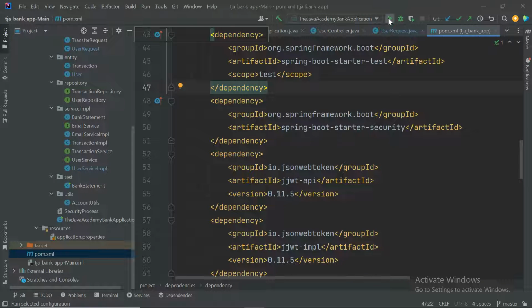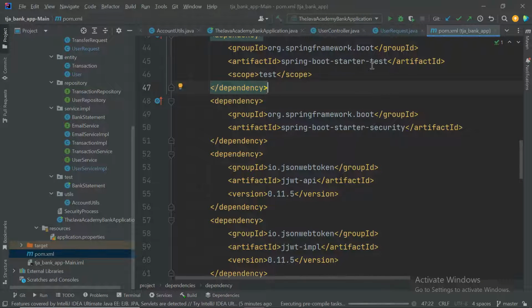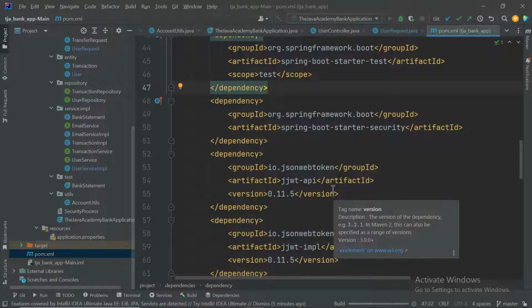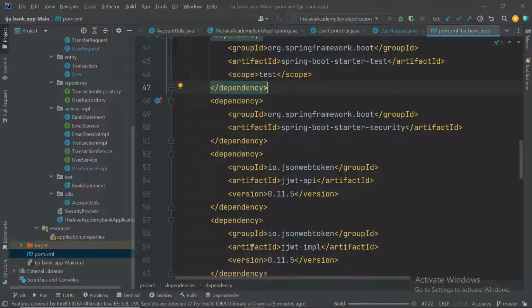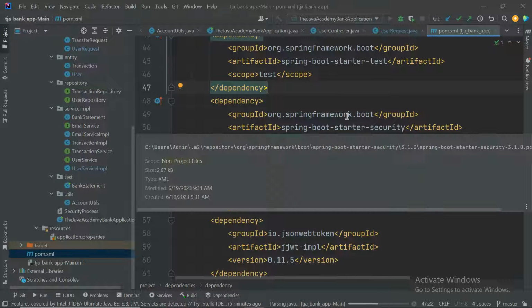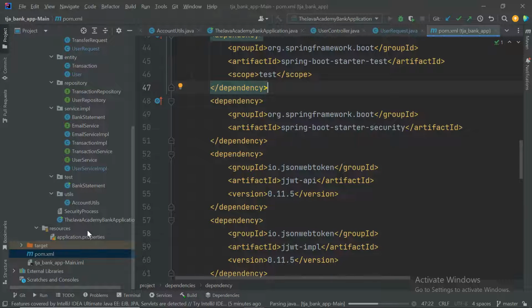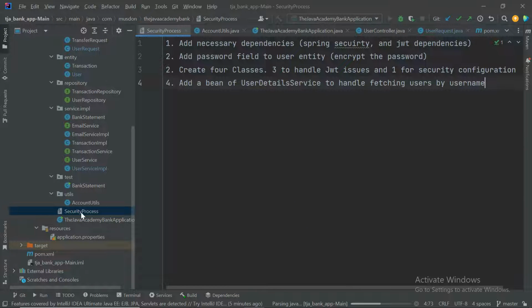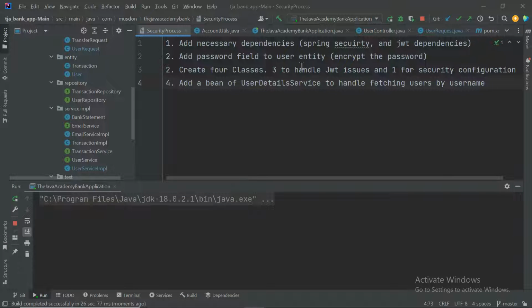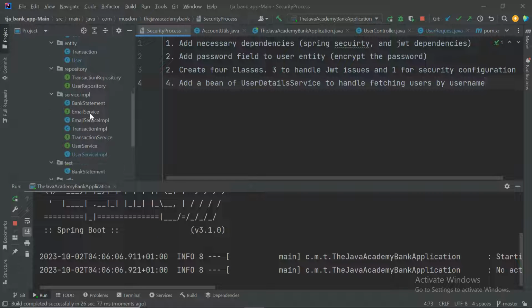Before anything, let me try running this project. Ensure that we have no errors from the beginning, and then we will be good to go. While this is running, I should also take us through the process of handling our security. There are a number of things we need to do. We've added our dependencies already. Then, if you recall from our user entity here,